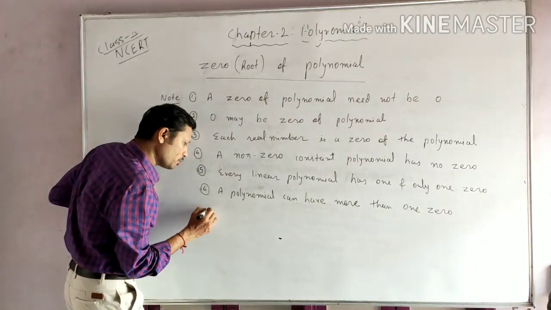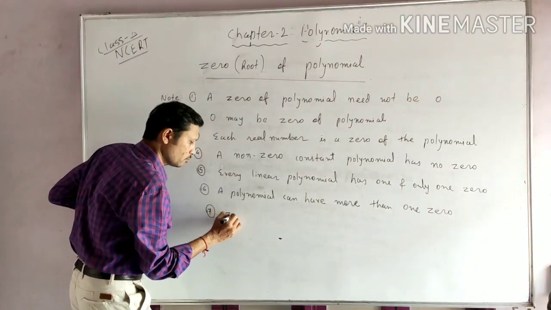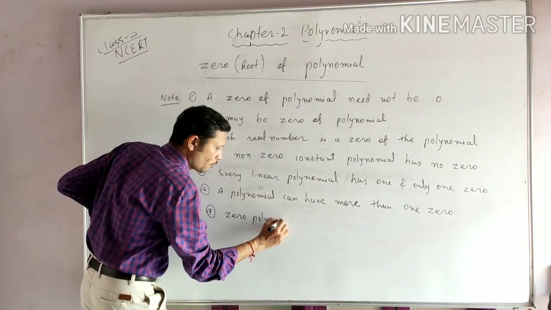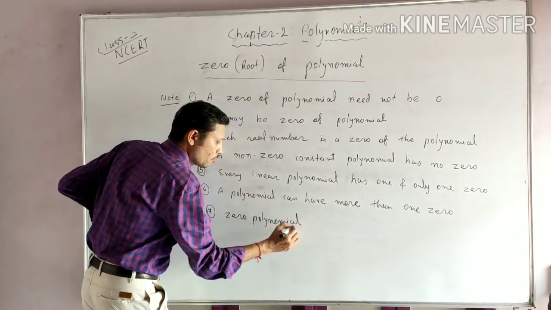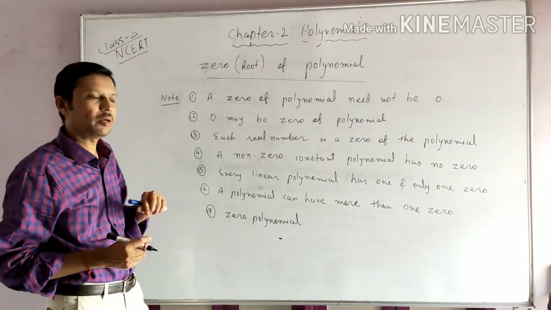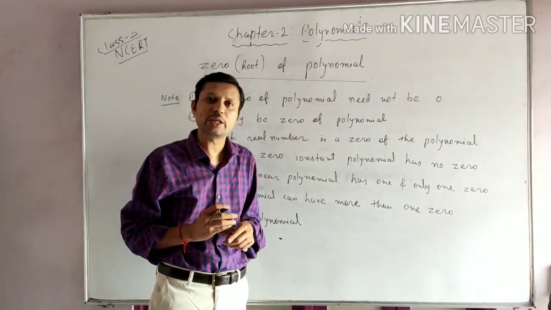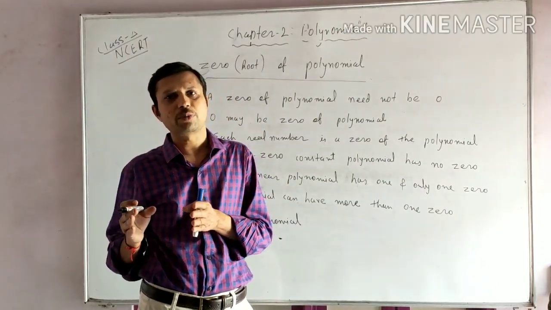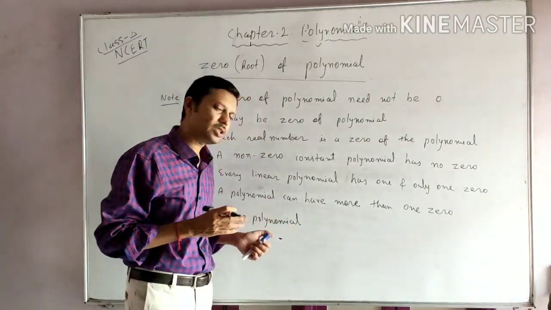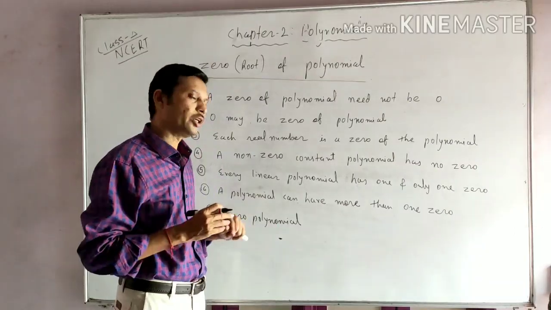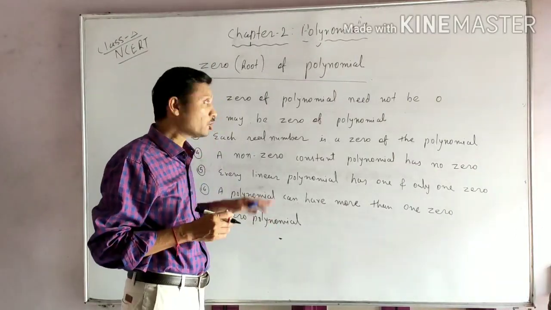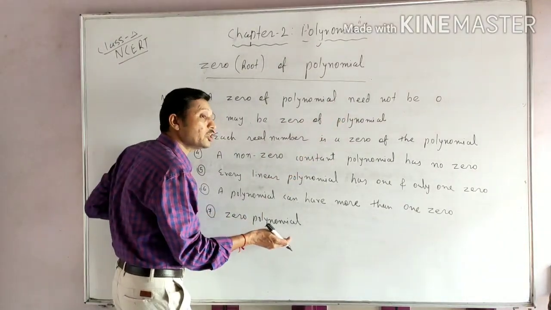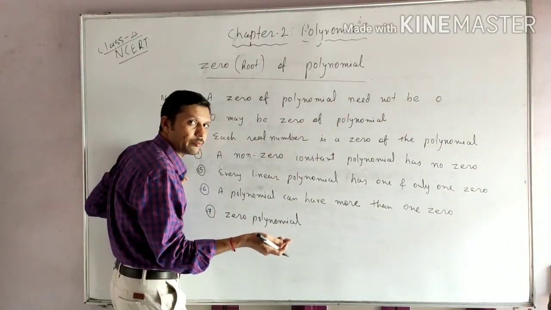ओके, और एक पॉइंट इसमें हम ऐड करेंगे। ओके, जीरो पोलिनोमियल हमने डिस्कस किया था बच्चों कि जीरो पोलिनोमियल दैट मींस जिस पोलिनोमियल में ऑल द कोएफिशिएंट्स ऑफ दैट पोलिनोमियल zero हैं, that is called the zero polynomial, right? So in the case of when I am discussing about the zero polynomial, what we can say about the zero polynomial, how many zeros are there, right?